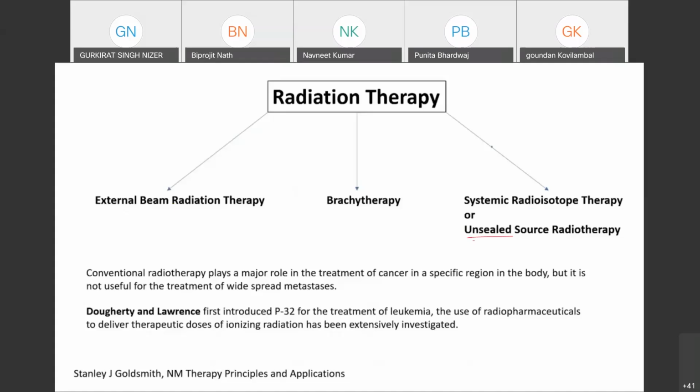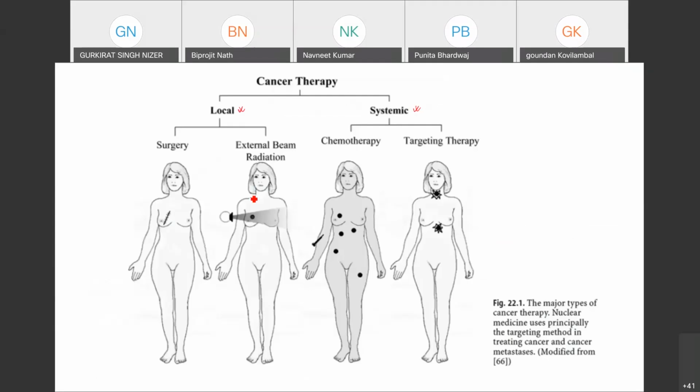But if you look at conventional radiotherapy, it really plays a great role in treatment of cancer, but that's limited to a specific region in the body. For example, if you have a tumor in this part of the breast, and you irradiate this tumor volume, you are done with this therapy. But if the tumor spreads from this location to multiple other locations through metastasis, it's not easy to irradiate the whole tumor in different regions of the body, so that's impractical. So we have to think of some other